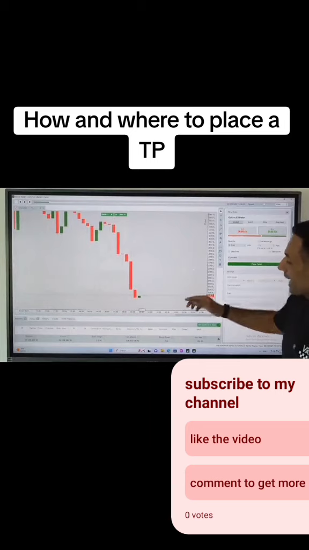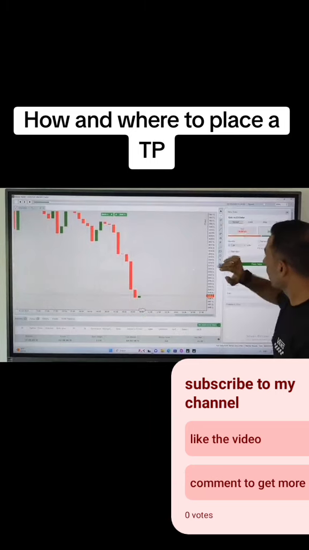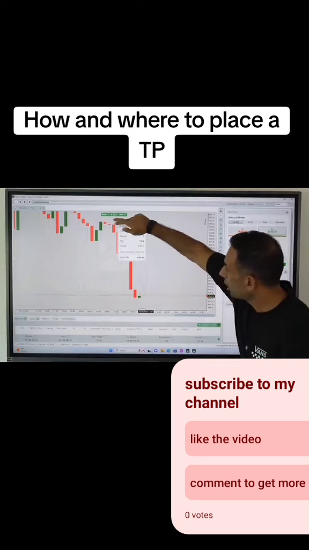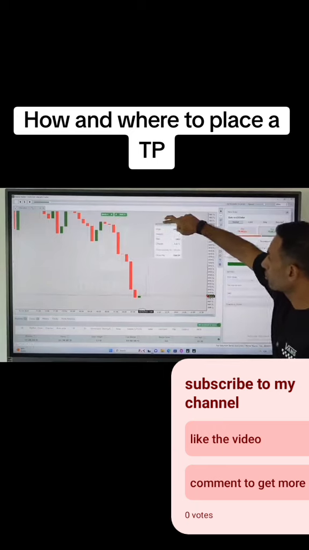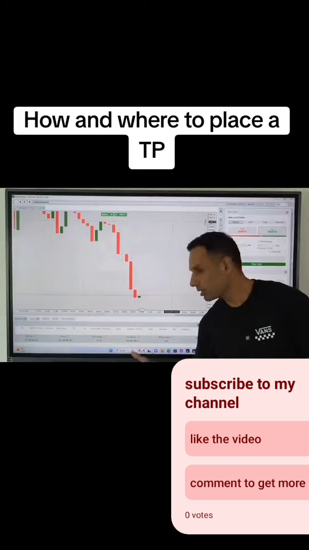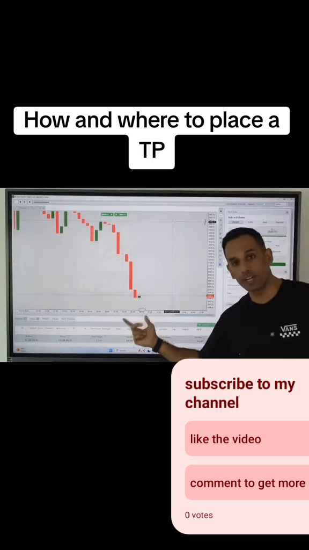Even though the candle is closing bullish, you have to ask yourself, how much of this range do you really have? So you have a 120 pip range where price can move up. Where will your take profit be? There's going to be no take profit at this point because you don't have an entry. If you don't have an entry, you don't have a take profit. So because